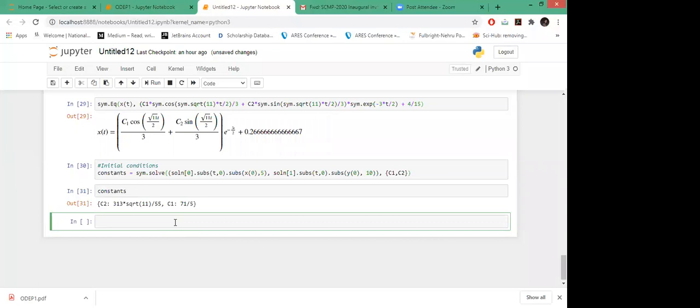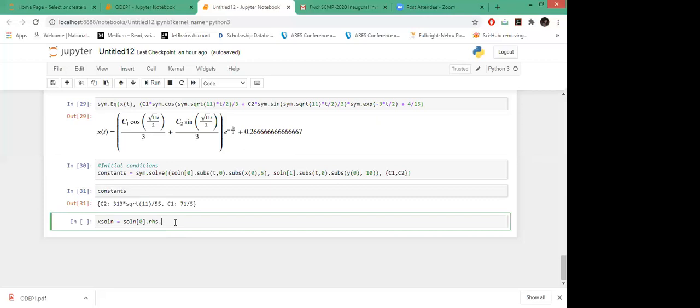Now let us again find the final solution, how we can get the x solution. We will substitute this C2 and C1 again in our solution. For the first solution 0, I'm accessing the right hand side of that because I want to substitute C1 and C2 on the right hand side.